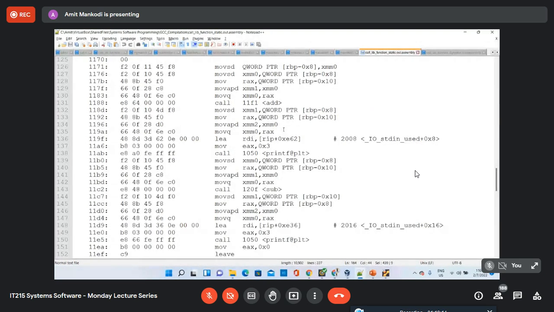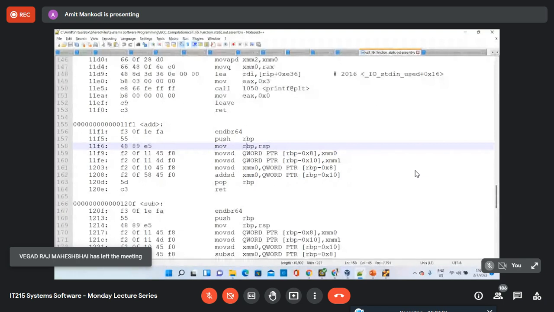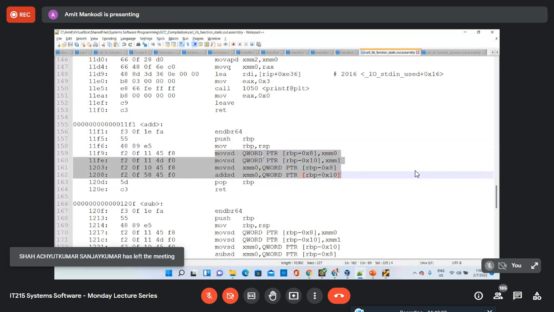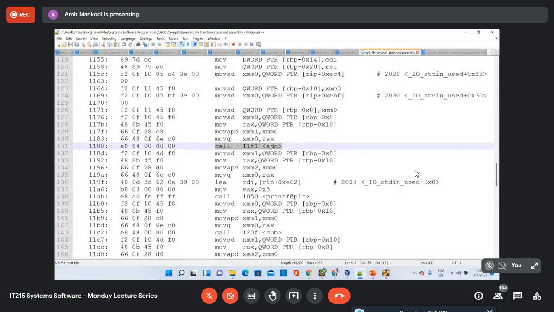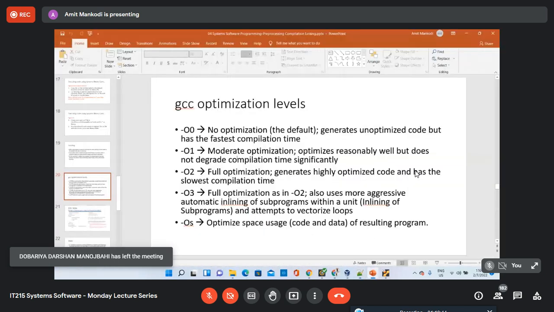So one of the optimizations is that you take the actual function code and embed that function code right here instead of doing the call. But that requires some thinking by the processor. That is kind of the optimization that processors can do. So what I'm trying to say is that there are these kinds of optimizations that the processor can do to improve the performance of the program, right?